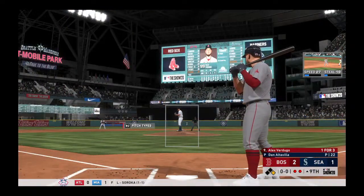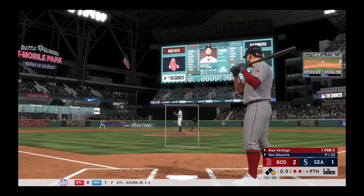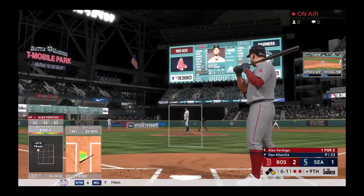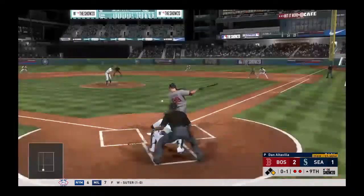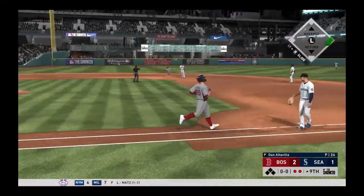So it's a runner at first with 2 men out, and that brings up the outfielder Alex Verdugo. From the stretch, fouled away. Hey, needs you right now. Here we go. And a fastball swung on and hit to second. Right to Gordon. Throw to second for the force out, and the side is...